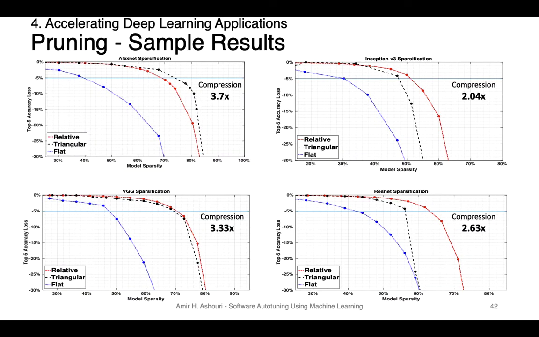So these are some of the results for our pruning framework. On the top left side is AlexNet, then you have Inception v3, VGG, and ResNet. We only afford to lose 5% from the top 5 accuracy; the blue line represents the margin that we are affording to lose. Say you have smile detection on your mobile devices. If you lose 1 smile or 2, it's not going to be that catastrophic, right? It's not a driverless car where you're going to hit somebody. So in many domains, you can afford to lose 5%, 10%.